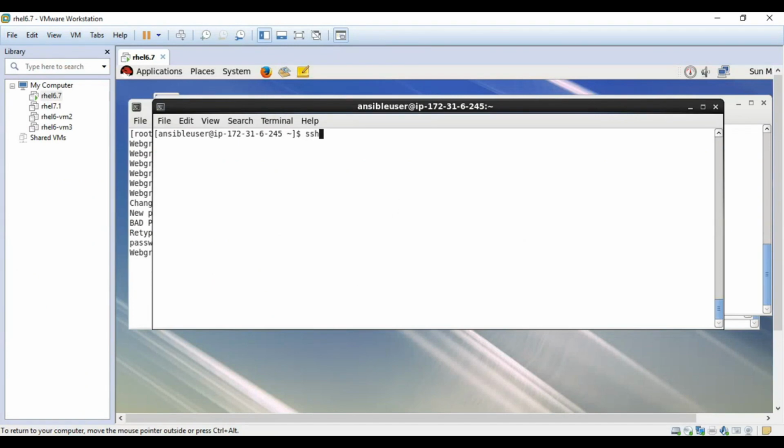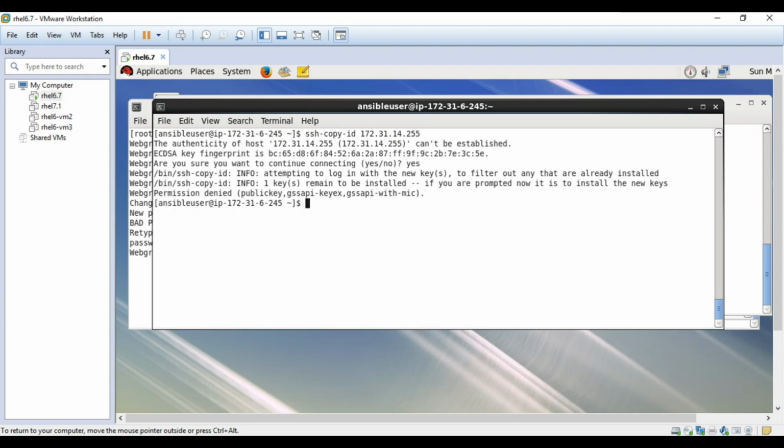ssh-copy-id. This is the private IP of the web group server, so this is client one server. The first time it will ask for a password. What is it? Permission denied. Attempting to log in with the new keys to filter out the ones already installed. Since these are newly created machines, we might need to remove this password authentication in the sshd